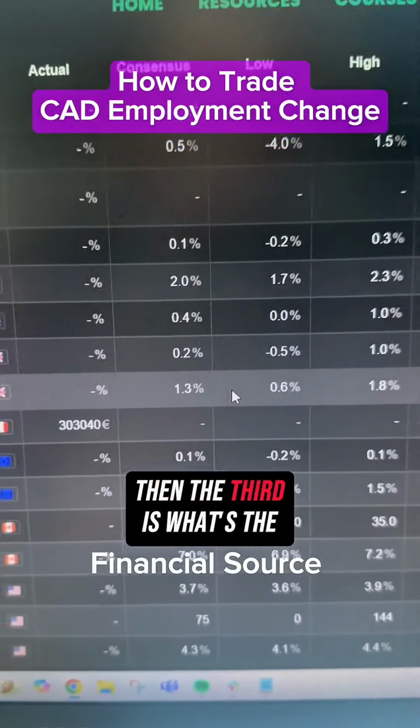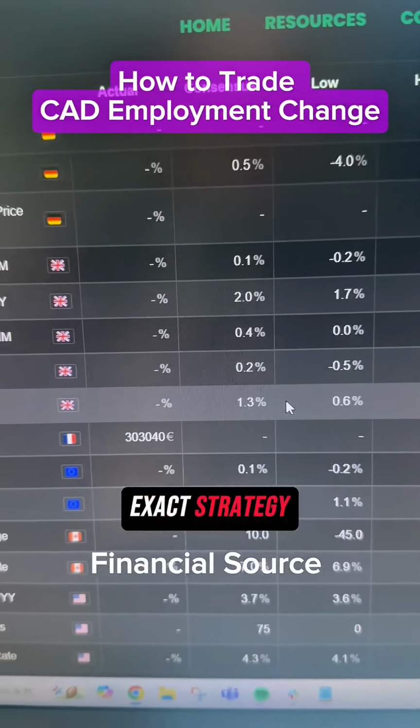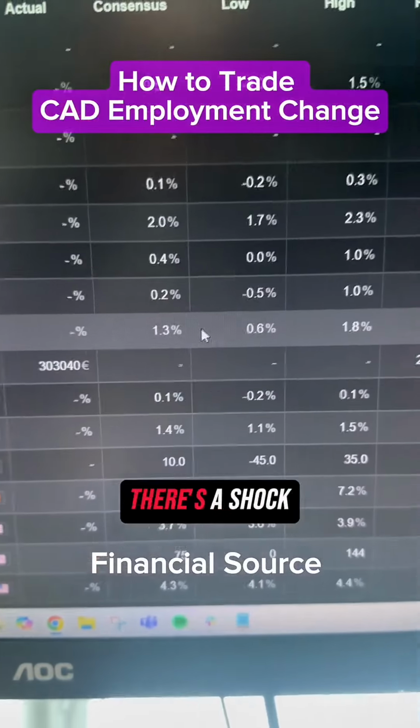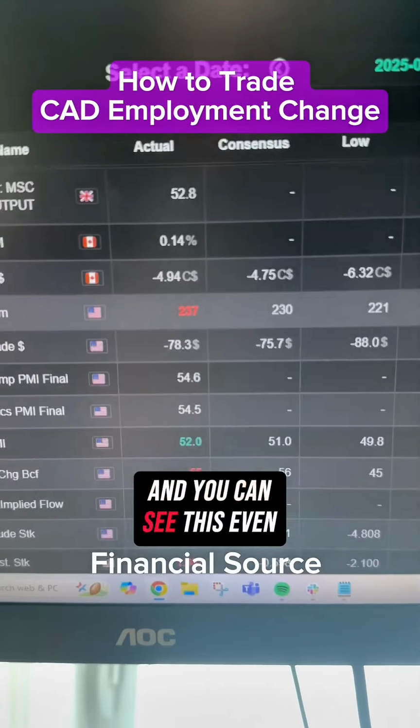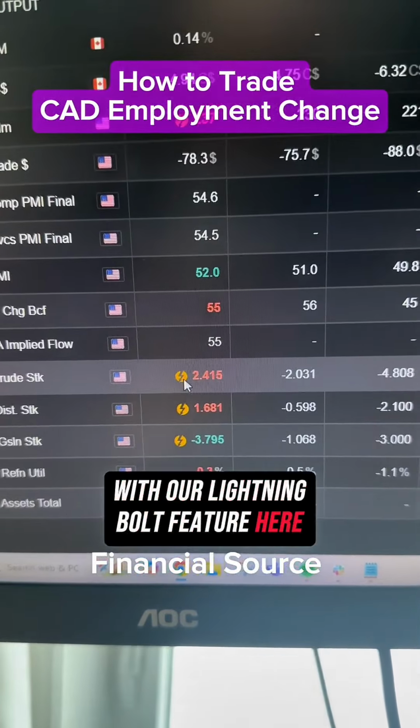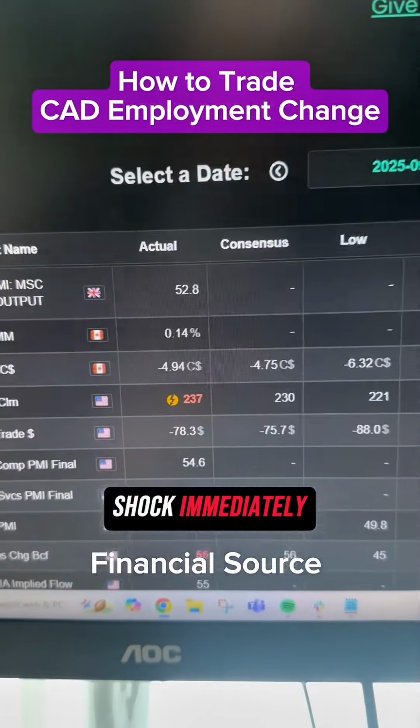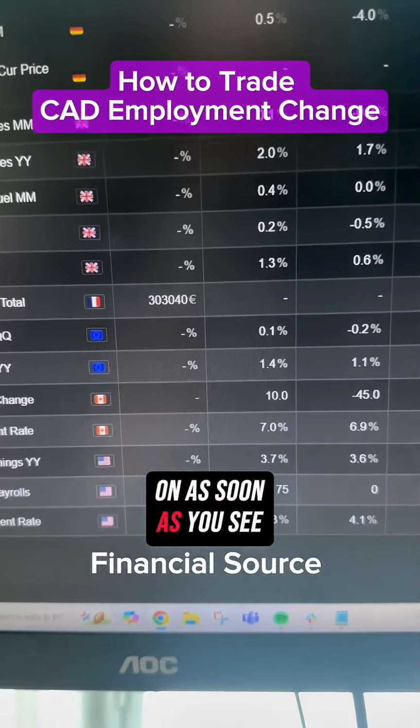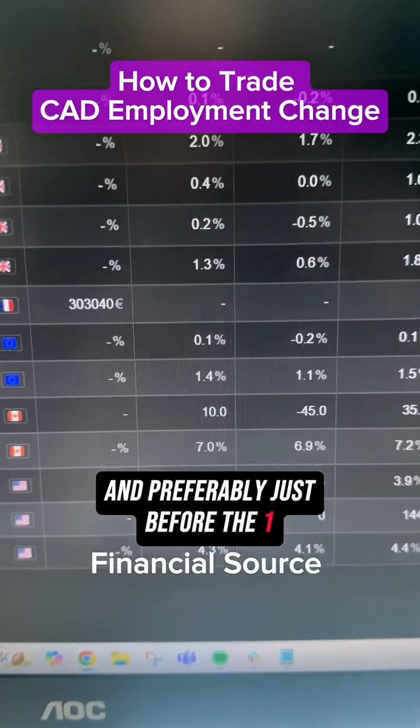Okay, then the third is what's the exact strategy? Well, the strategy is as soon as you see that there's a shock, and you can see this even faster with our lightning bolt feature here, which highlights if there's a shock immediately, then you want to jump in as soon as you see it, and preferably just before the 1-minute candle